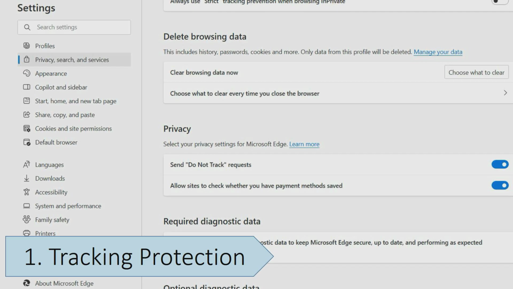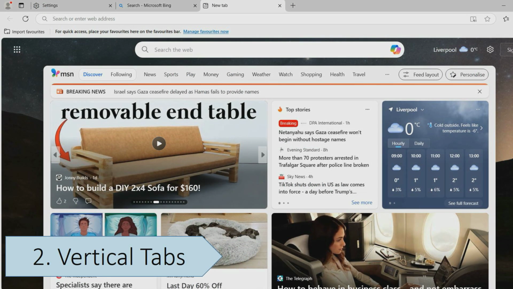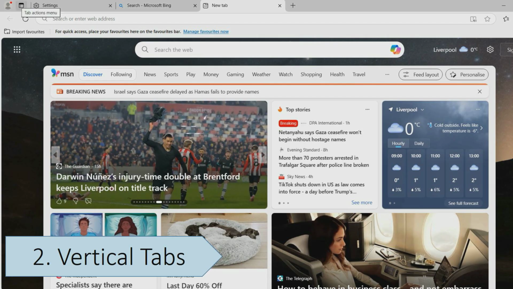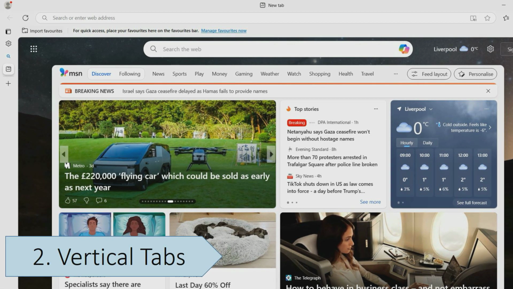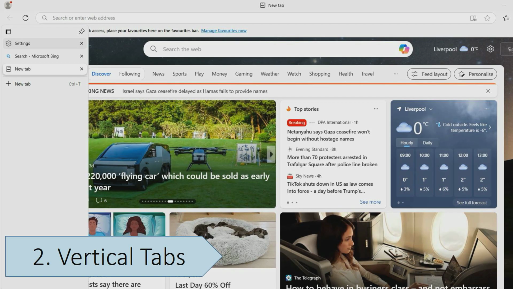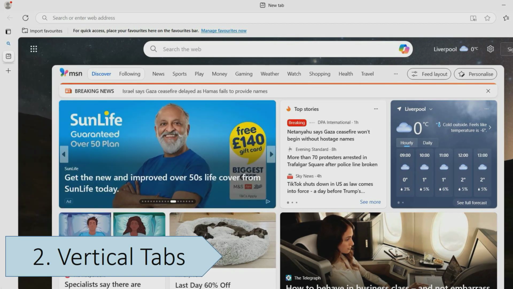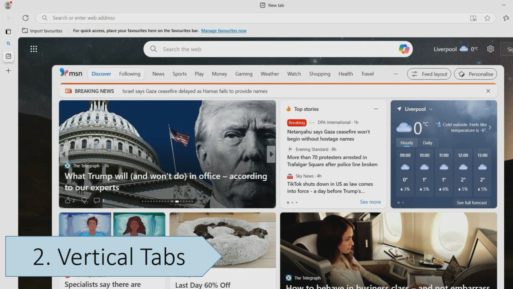or not. The typical horizontal tabs can quickly get overcrowded if you often work with a high number of tabs. Vertical tabs display the tabs in a vertical row on the left side of the browser window instead of the top. This means that you can fit more of them on the screen without losing sight of page titles, and you can temporarily hide the sidebar by clicking the left arrow at the top when you need more room to